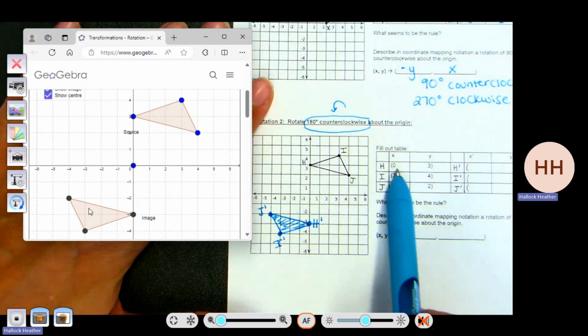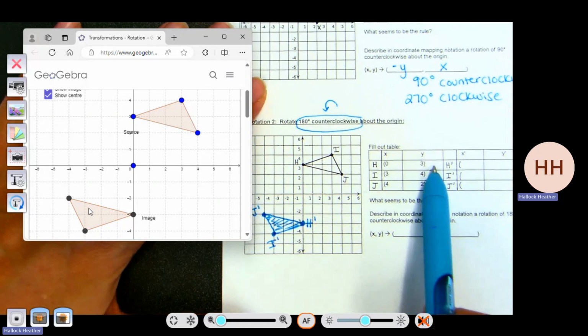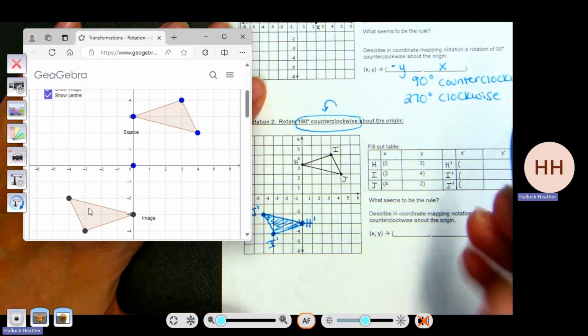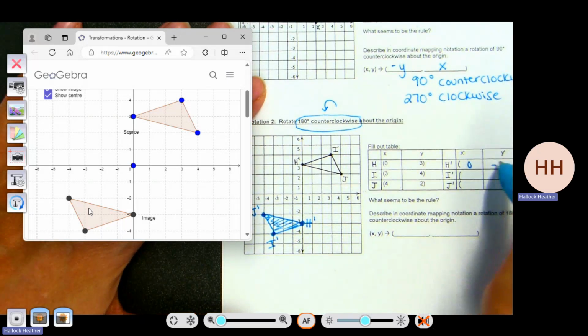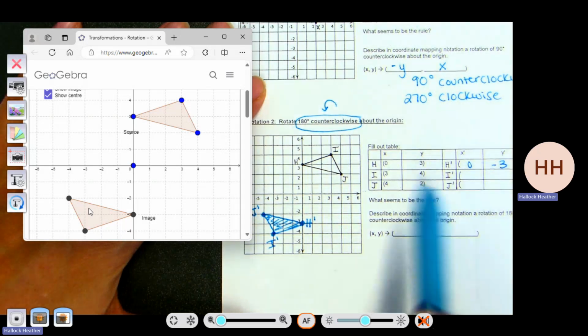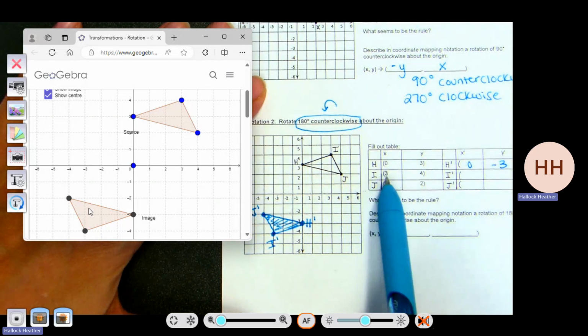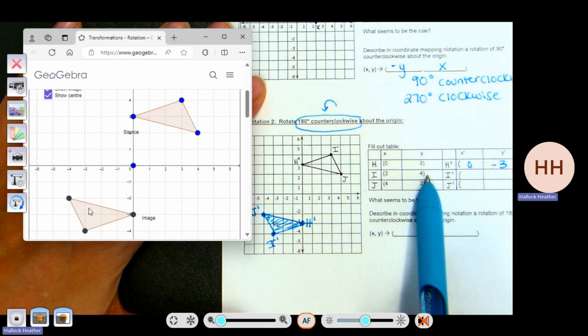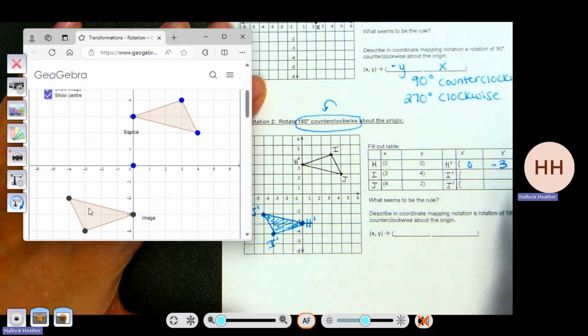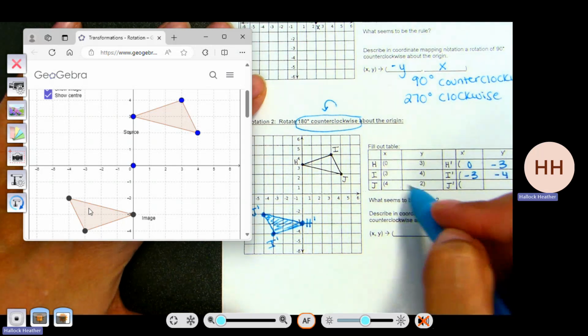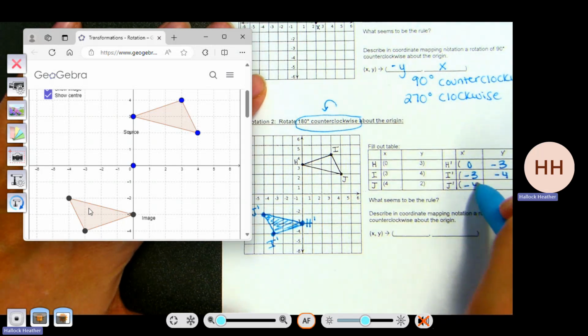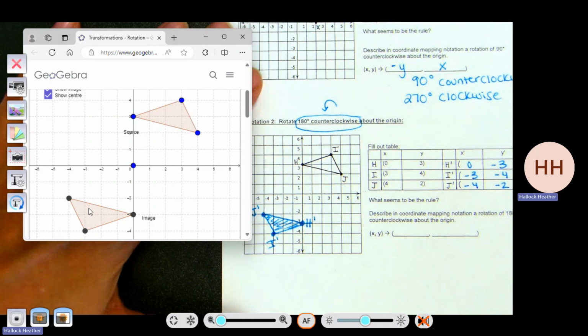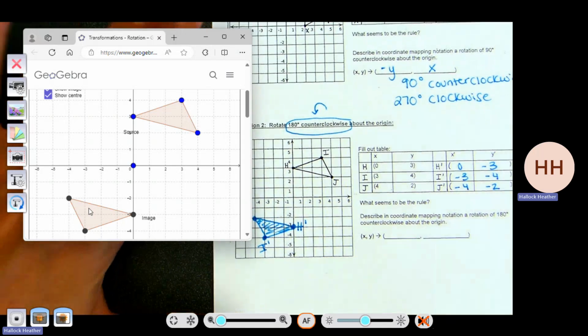So H was 0, 3. H prime is now down here. So now it is 0, -3. I is 3, 4. Now it's going to be -3, -4. J was 4, 2. Now it's -4, -2. So if you're looking at your coordinate points and you're just comparing the numbers, what happened